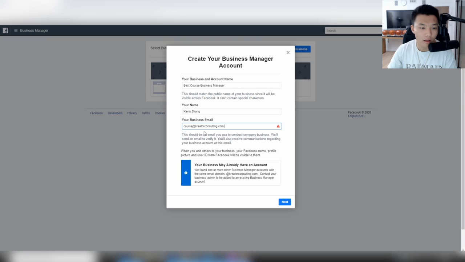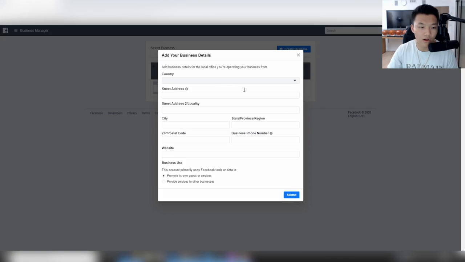So there it is. And then you're going to want to add in your business details. These business details aren't going to be public information. It's your pages that will have public information. So feel free to go ahead and actually put your own address down,